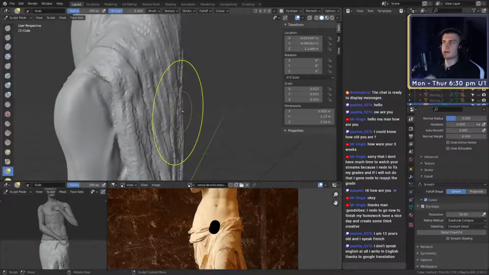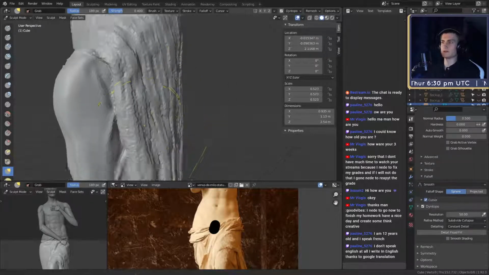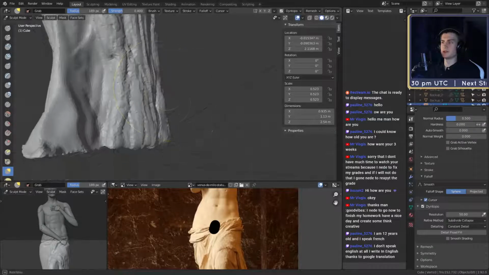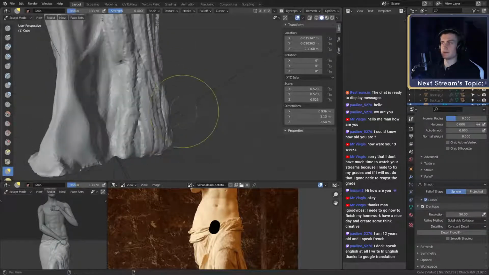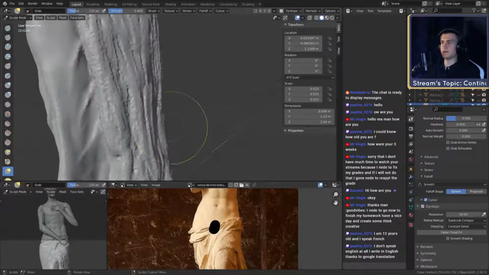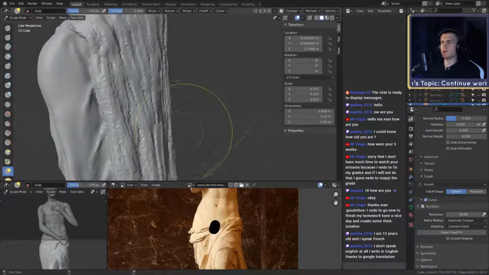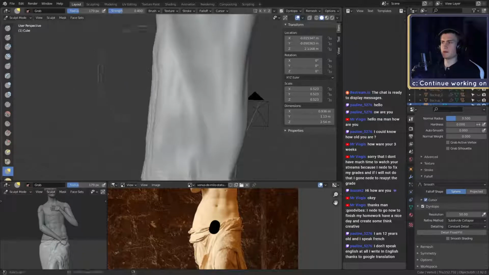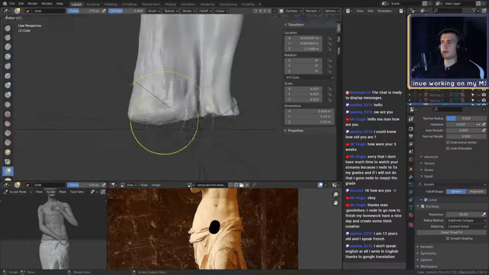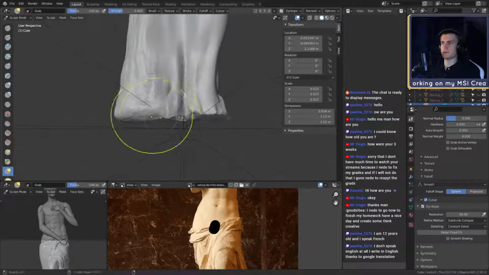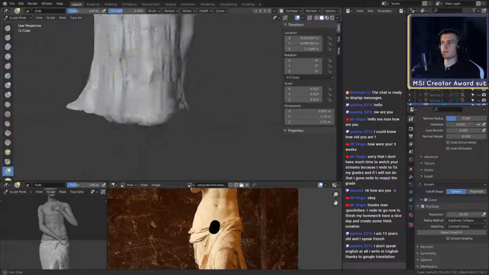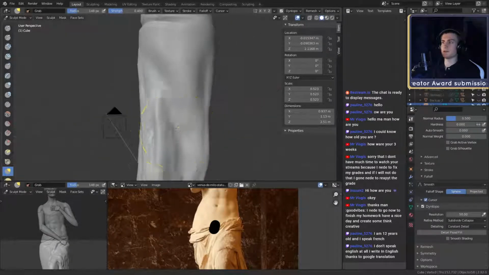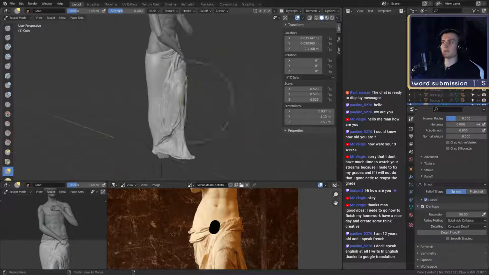You have to work around the folds in your retopology so you can keep them in the silhouette if they're significant. We don't really have to pay attention too much if we make a high quality mesh, which we're doing, so we don't have to care about the individual folds too much, which is pretty good. But that's the final result for today.